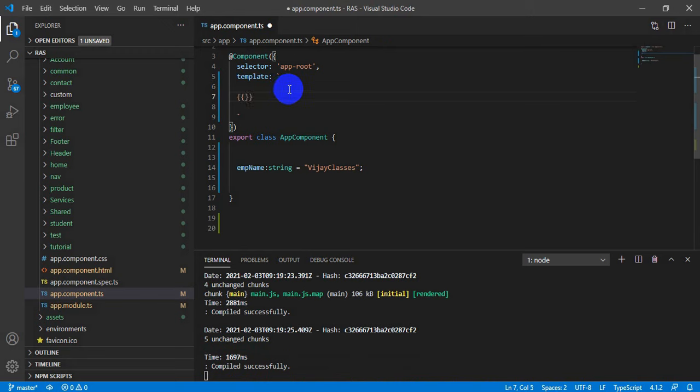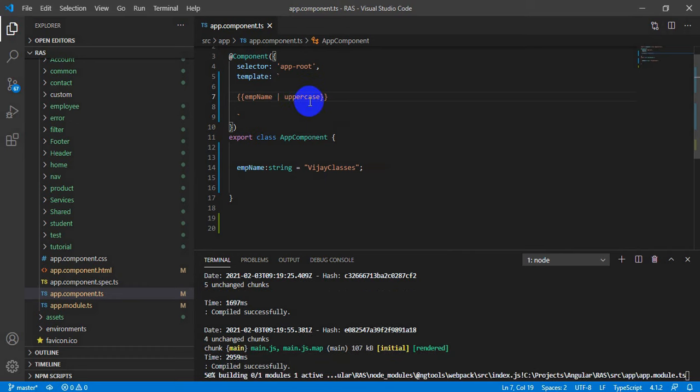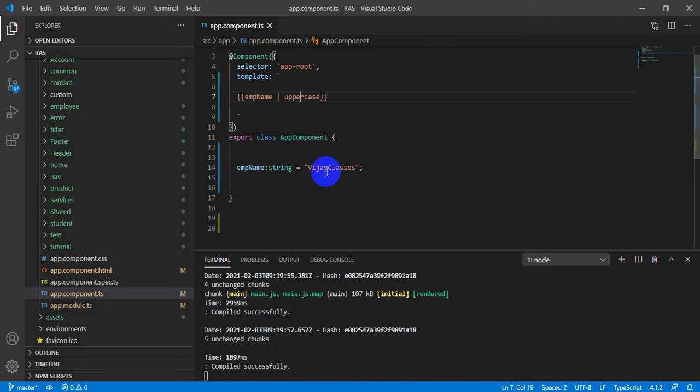We need to provide the variable name which we have, then we need to use a pipe symbol, and then we can write the pipe name. In our case, I just want to display it in uppercase, so I will write uppercase here, because we have one inbuilt pipe named uppercase which transforms our data into uppercase.